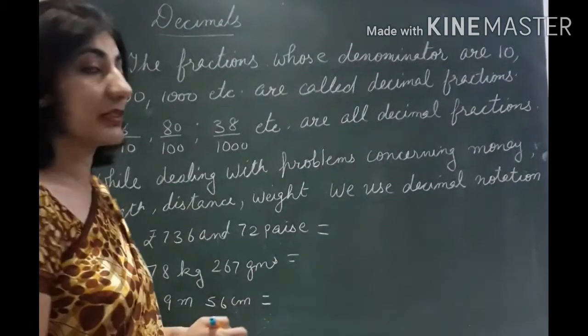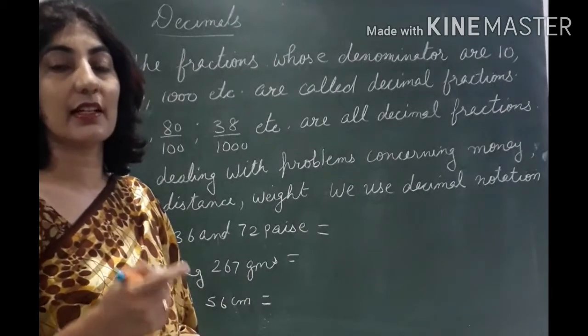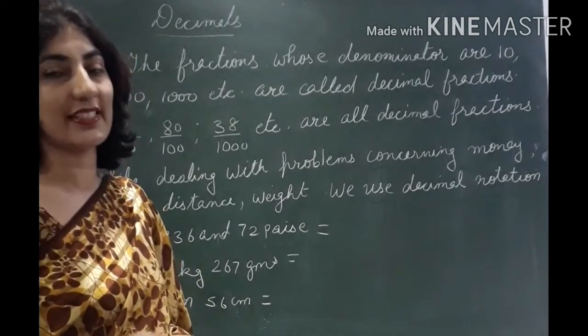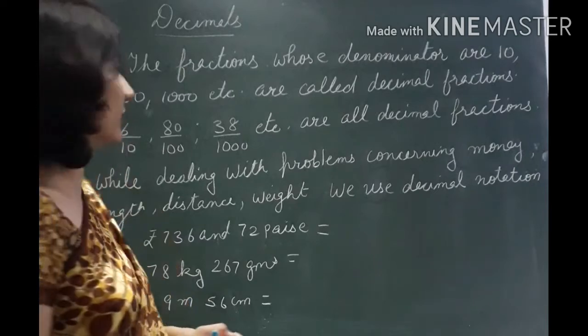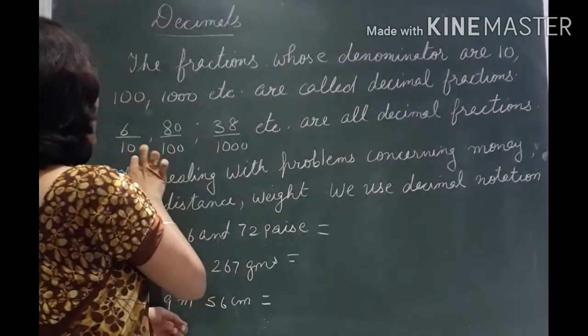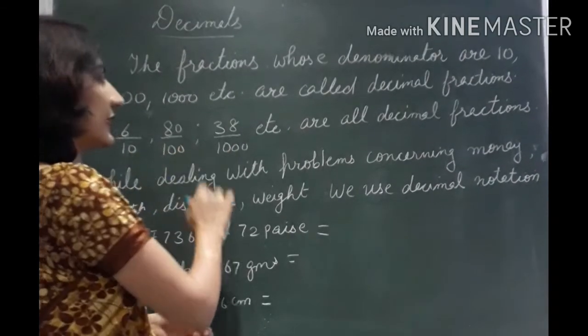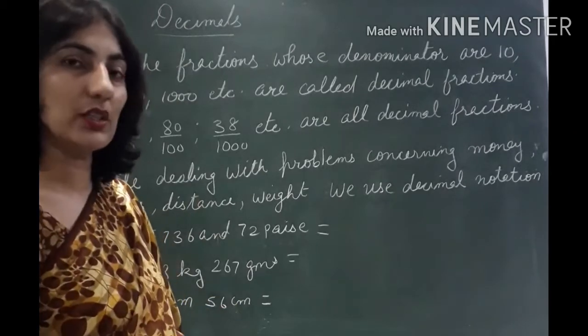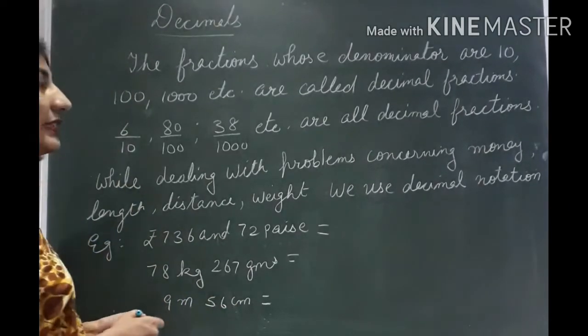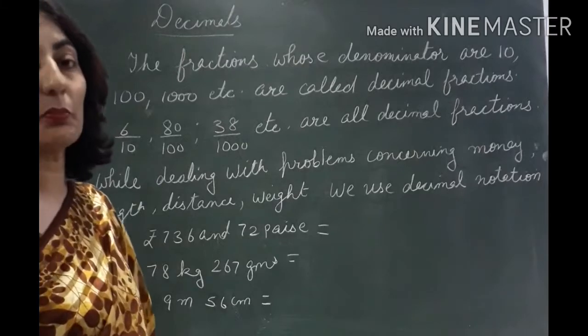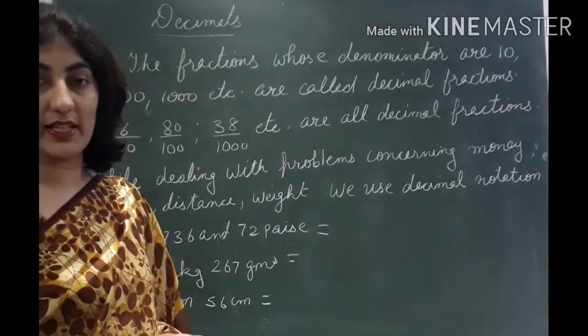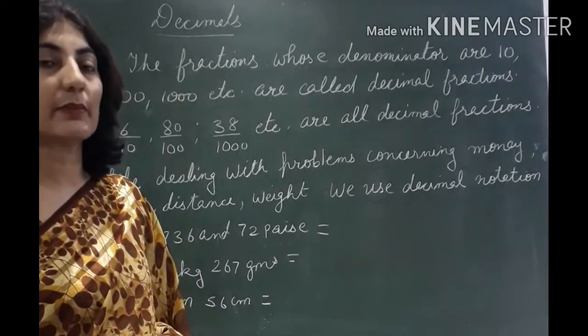So what are decimals? The fractions whose denominators are 10, 100, 1000, etc. are known as decimal fractions. For example, 6 by 10, 80 by 100, 38 by 1000, etc. are all decimal fractions. Now while dealing with problems concerning money, weight, distance, sometimes when